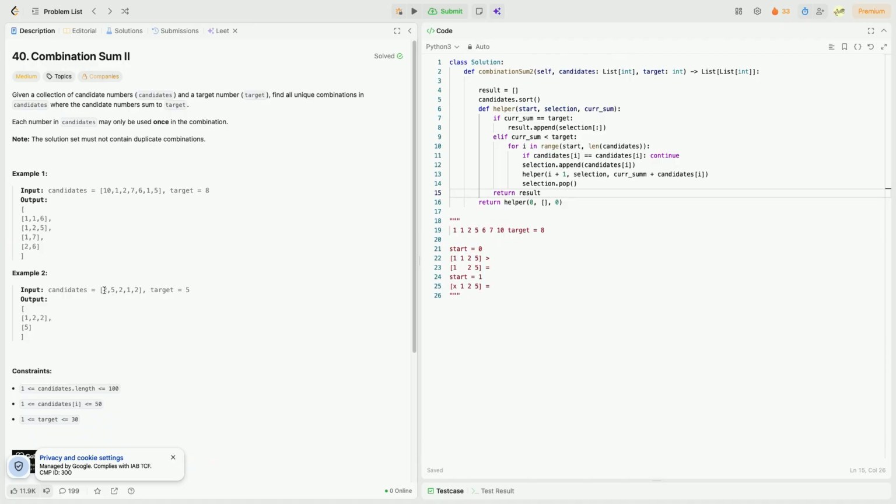Let's see. Maybe we should use this as an example and just try it out. So we're going to sort these numbers first. So we have a 1 and lots of 2s and a 5. So let's just walk through our code with this example here. So result is empty. We're going to sort the numbers. We get them in this order. Now helper starts at index 0, start is 0, selection is none, the current sum is 0. This does not catch, so we're in this case. So now we start iterating from 0 to 1, 2, 3,